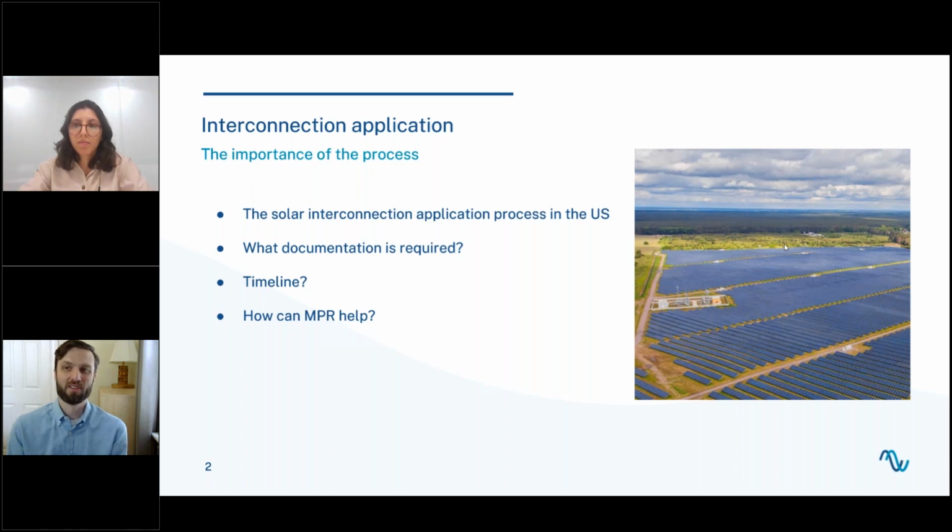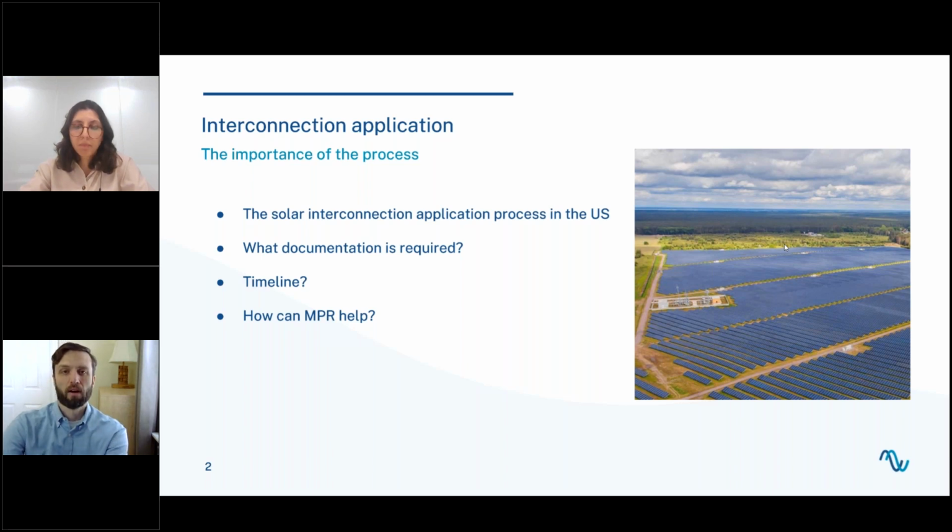If you miss the 10 days, usually you miss out on your spot in line, and so you go to the end of the line, and given these long wait times of 3 to 6 months or even more in other jurisdictions, that can be a huge penalty that the developer has to pay. And in addition, there are also monetary costs, where the developer has put forward good faith deposits to the utility, and they can lose those deposits if they don't respond fast enough. So that's really the